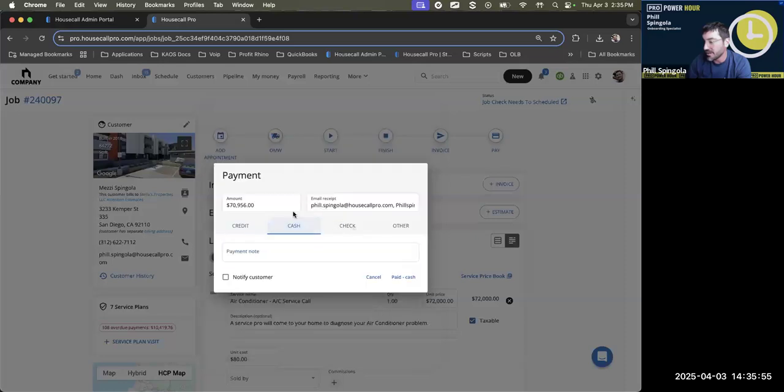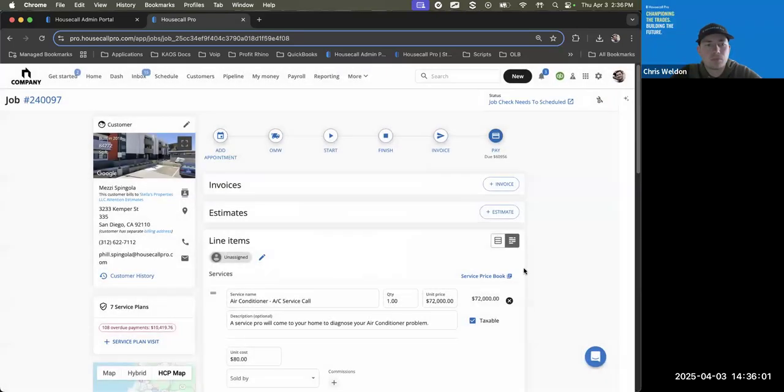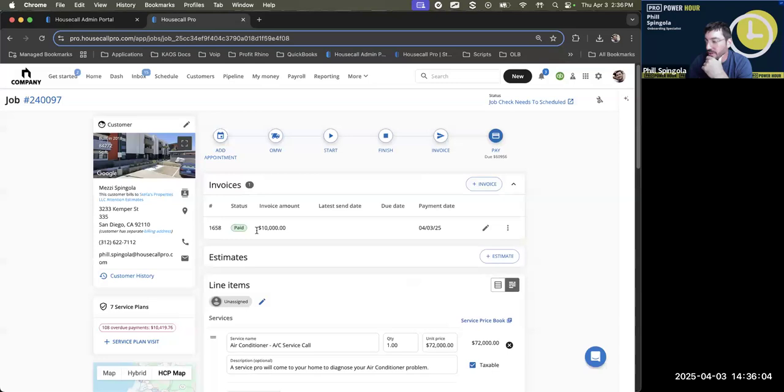I'm just going to say you probably received it as a check, so maybe $10,000. And there we go. We can see our invoice number here with that $10,000 payment. So you might want to do progress billing. That's the best thing that I can suggest for you.